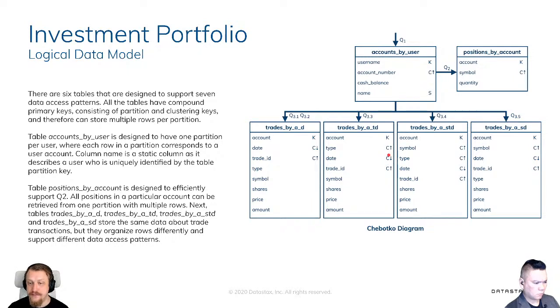column date and you have another clustering column before that, which is type, to limit or set a searching order here, you have to also specify type here. So that's not going to be convenient to run queries 3.1, 3.2 on this trades by ATD table. It will require extra action from you. So it's really easier to have multiple tables in this case.